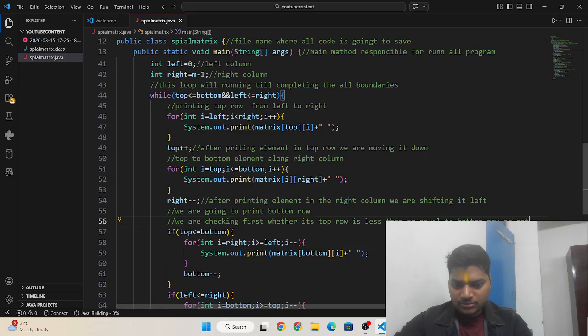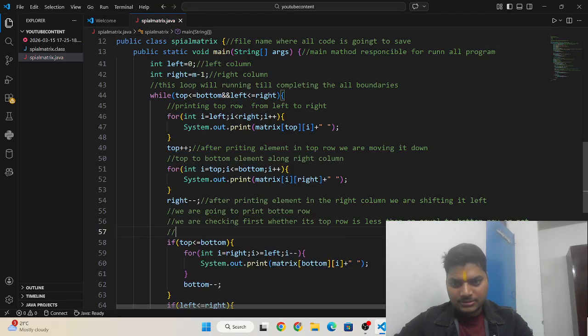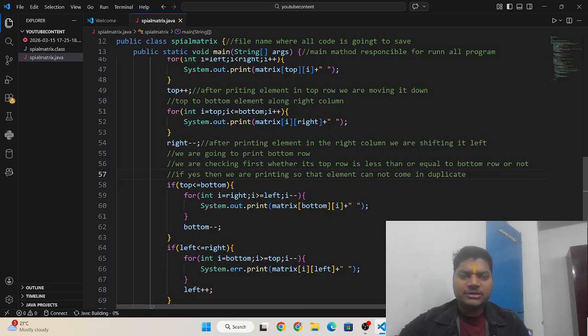Okay, if yes, then we are printing, so that elements cannot come in duplicate. Okay, so that we cannot print the duplicate element.